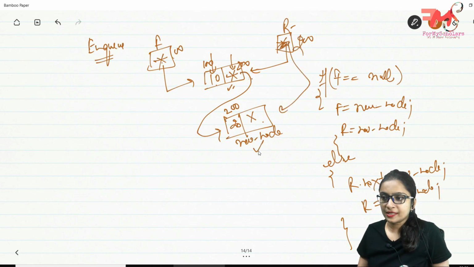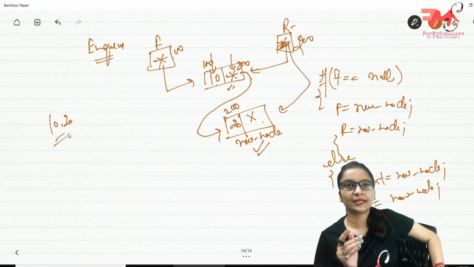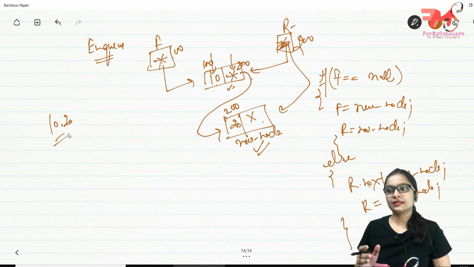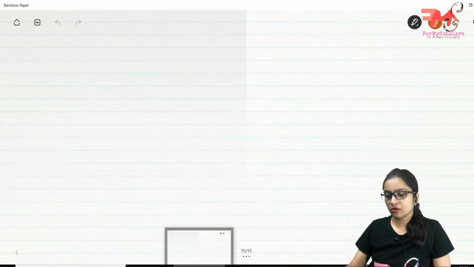That means this node has become the last node of the queue. That means our queue is 10 and then 20. Means whenever you want to enqueue some data in a queue and you are implementing it using a linked list, you will insert the data at the end of the linked list. Now if we talk about the dequeue of data,